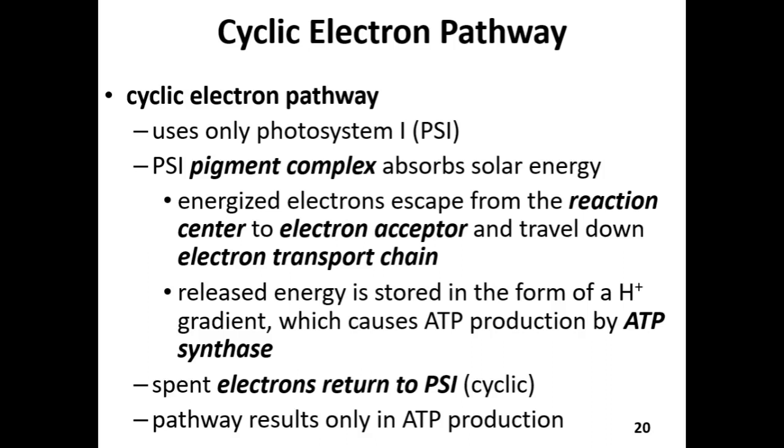So this is really important in organisms that need a lot of extra ATP for photosynthesis. So think about organisms that are anaerobic, so bacteria that don't use oxygen. They need a lot more energy to produce a carbohydrate because it takes a lot more energy to pull apart carbon from something like